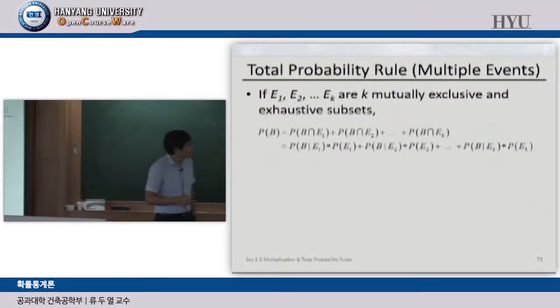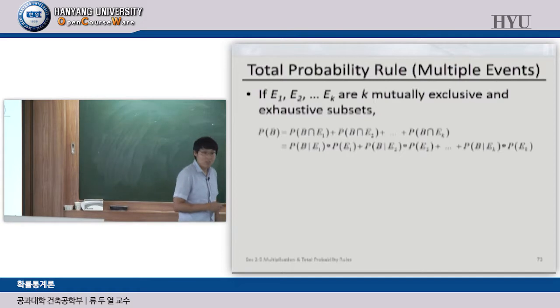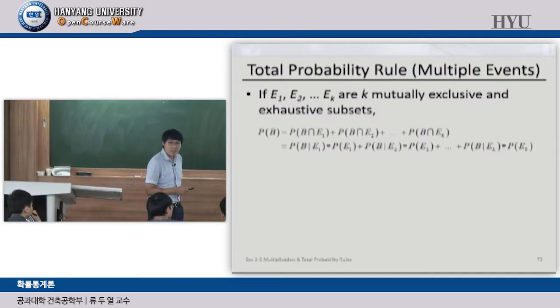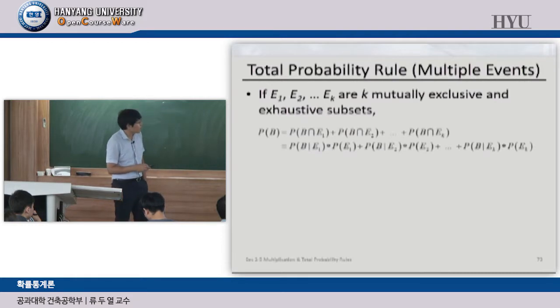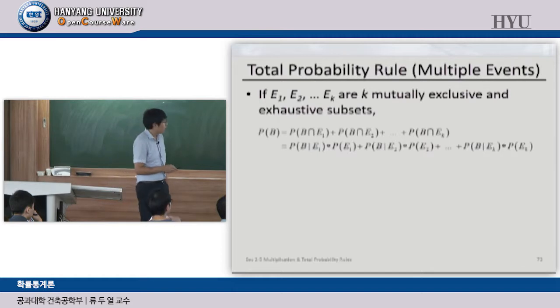We are going to first study the total probability rule for multiple events. We already learned about the total probability rule, but in this case, we are going to discuss multiple events. If E1, E2, up to Ek are k mutually exclusive and exhaustive subsets,